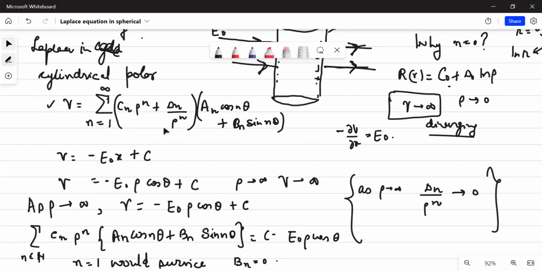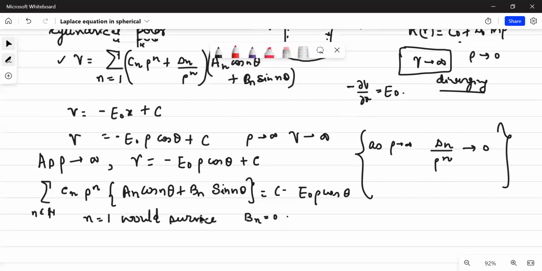So if rho tends to infinity, this term would go to 0. So as rho tends to infinity, this potential reduces to this, and I know that I have to equate it to C minus E naught rho cos theta. And on comparison, I clearly know that